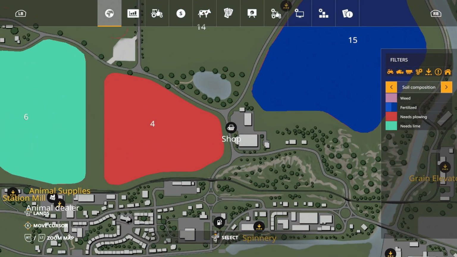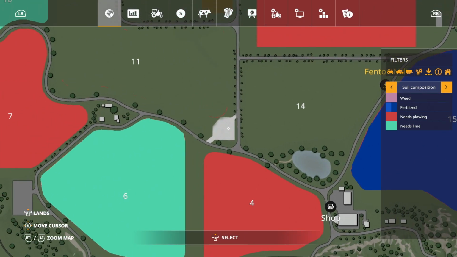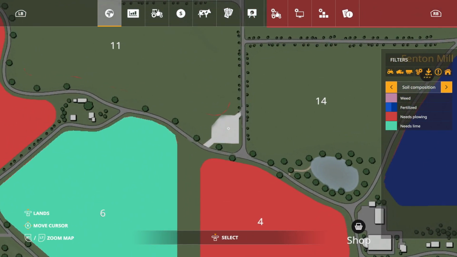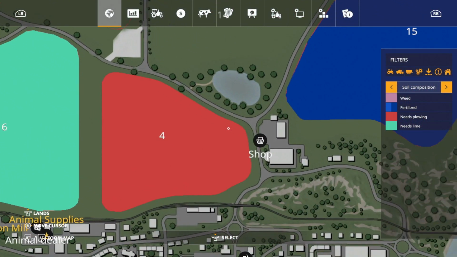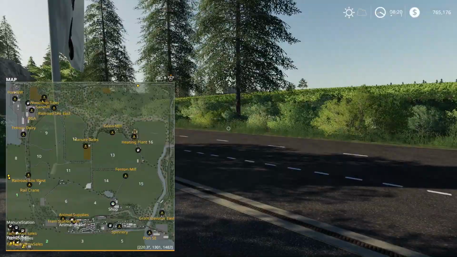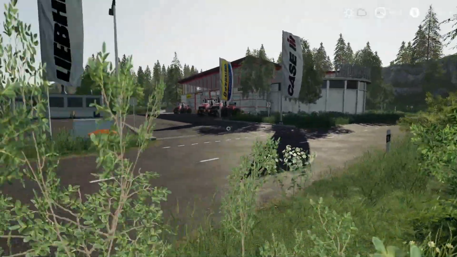So, does it look familiar? Got the little pond over here. I think this is where our, what do you call it, our original OG Felsbrunn homestead was. We'll go to the shop real quick. Yeah, so if you look this way,